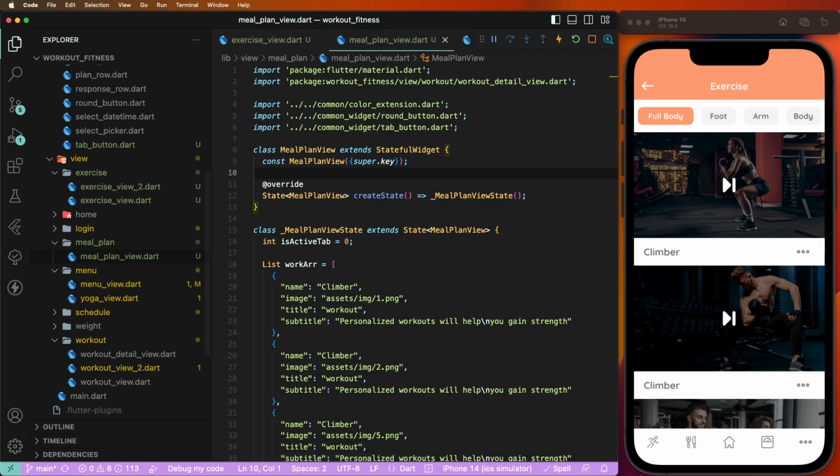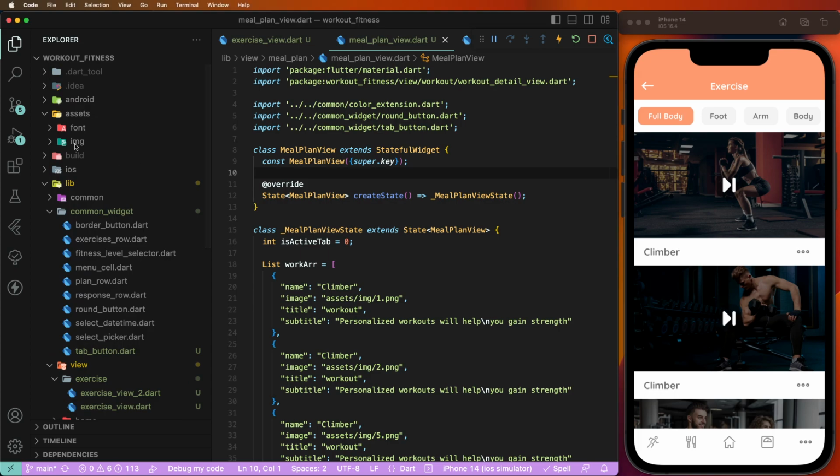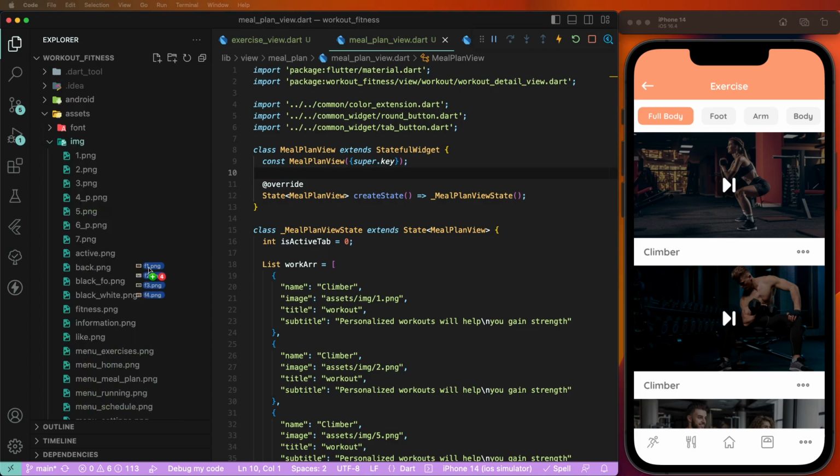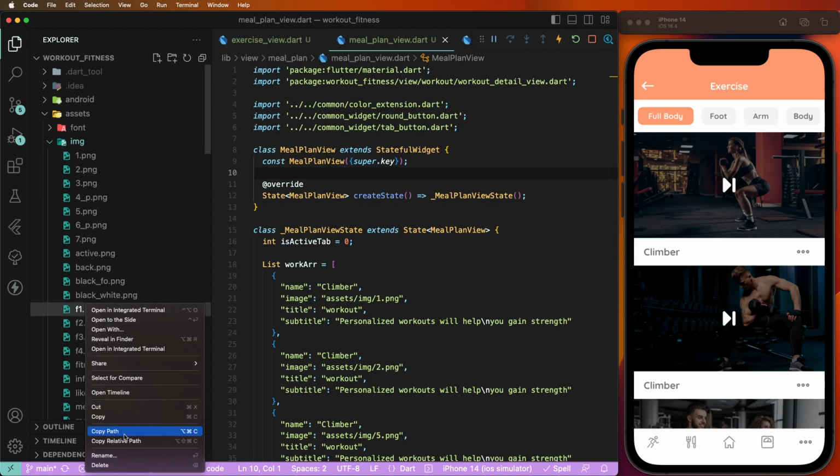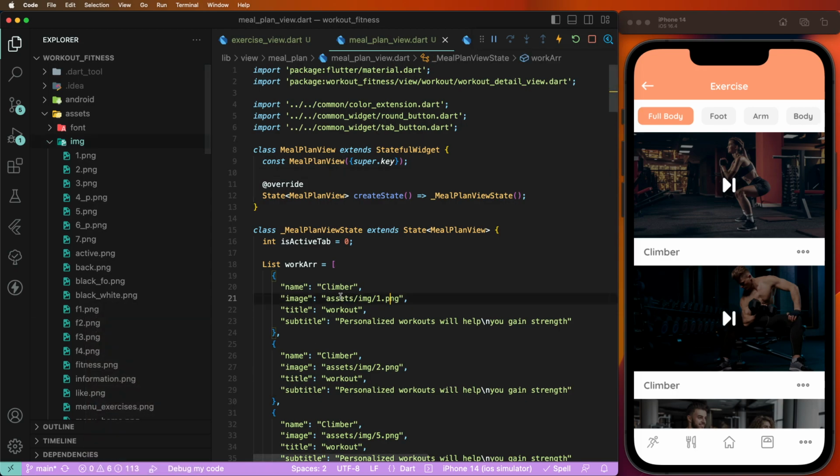And we need to import some images. We need to copy this and set the img. Now we need to set. We need to copy these images, copy relative path, and